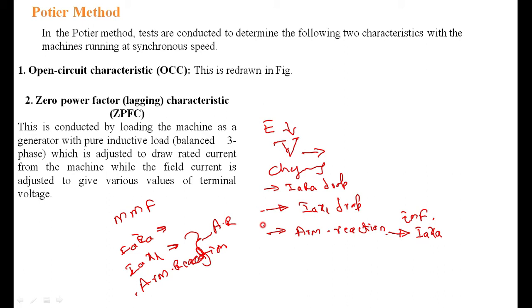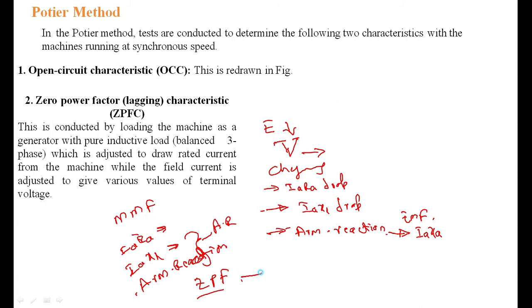In the case of EMF method, armature reaction is treated as a drop, whereas in the case of the MMF method, the leakage reactance drop is treated as armature reaction. In the EMF method, armature reaction is treated as one more voltage drop, whereas in the case of MMF method, IXL drop is treated as one more armature reaction. Means these two are approximate methods of finding out the voltage regulation, whereas in the case of ZPF